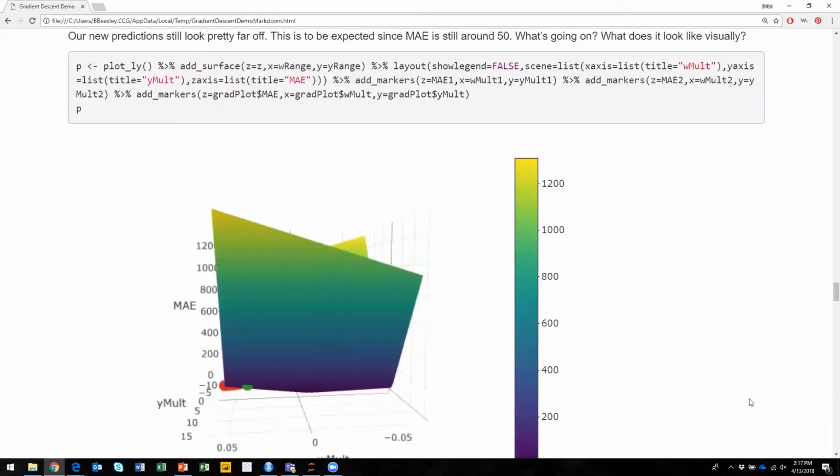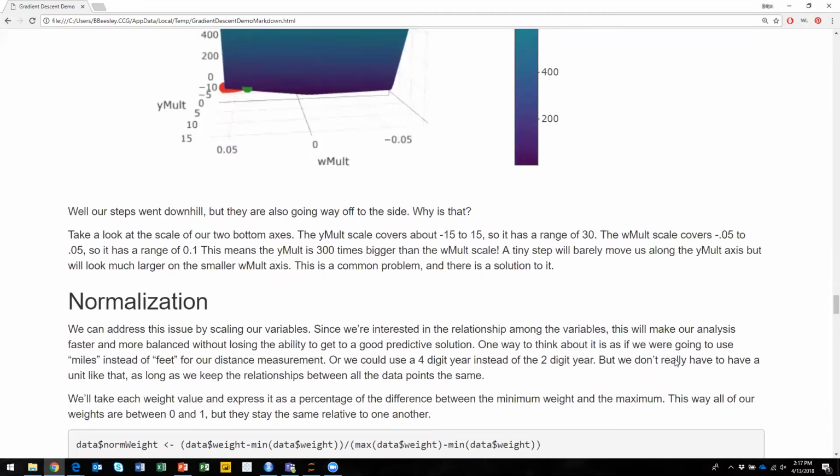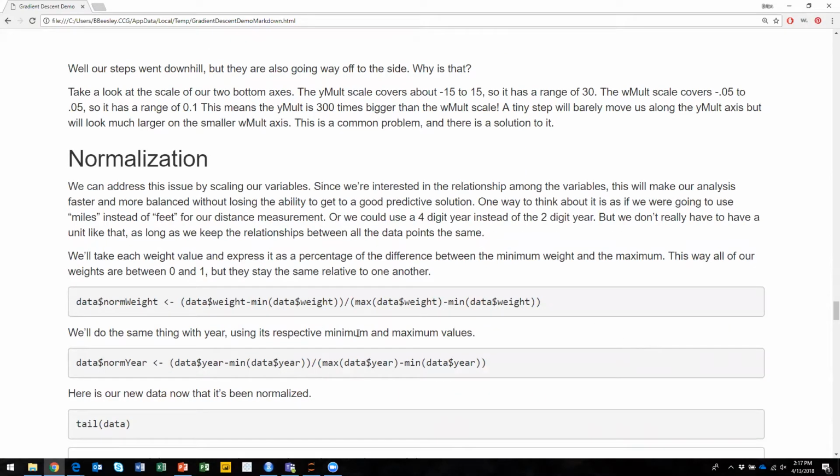What we're going to do is apply a more general technique, which is called normalization, and this is called a min-max normalization. For each car's weight, we're going to take that minus the minimum weight, and we're going to divide that by the range of the weight. That way we sort of get a percentage between the minimum and the maximum. So if all of the weights were between 2 and 6, right, then a 4 would be a 50%, and a 5 would be a 75%, and so on.